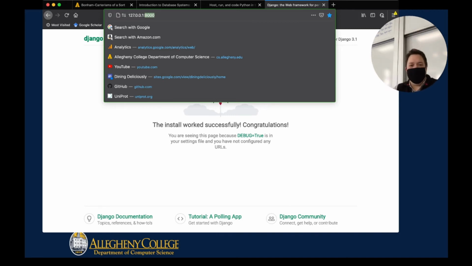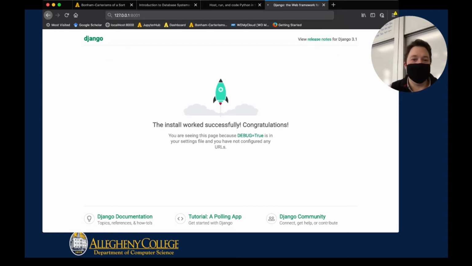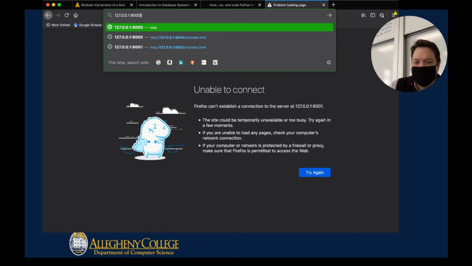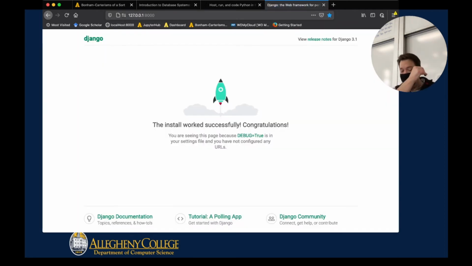So you're at home calling yourself in a specific room in your house. And this room, or this port, is actually the location where this website is being run. If you change this number from 8000 to like 8001, it'll say unable to connect. So I'm telling you this because when you are running your Django website, one of the most common problems that